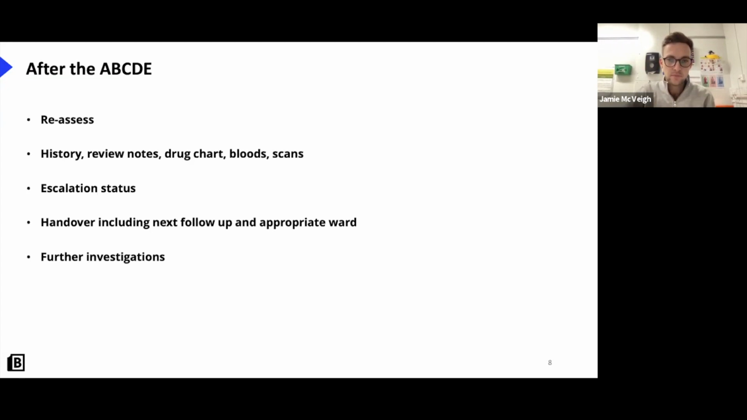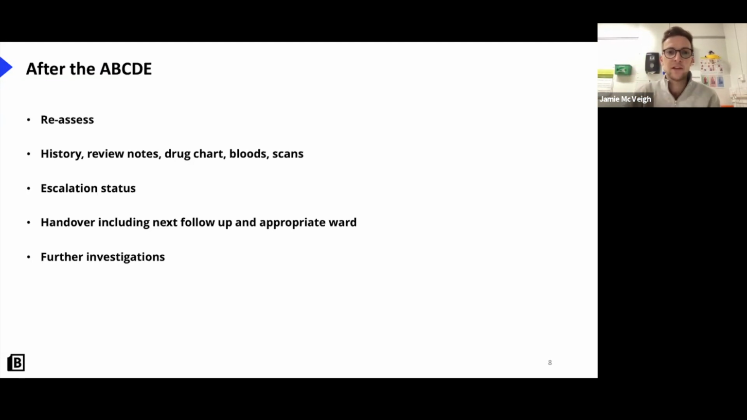Okay. After the ABC, as always, reassess if there's any changes or if you've given any treatments or if you're particularly concerned at any points, just start again, okay? Because A will kill you quickest, the airway, then B, then C, then D, then E, all right? And